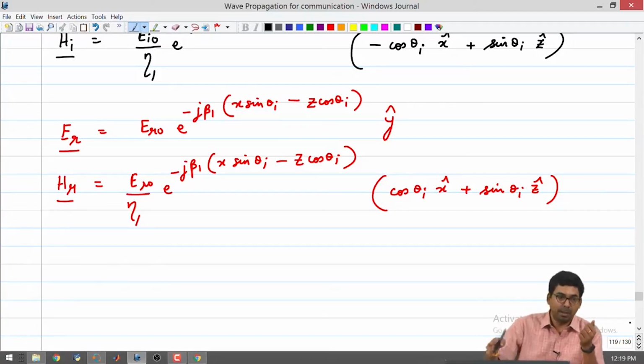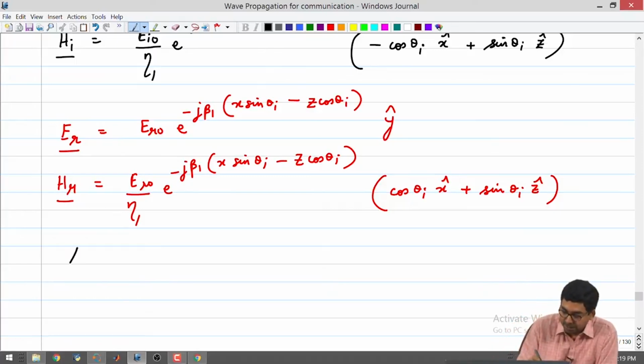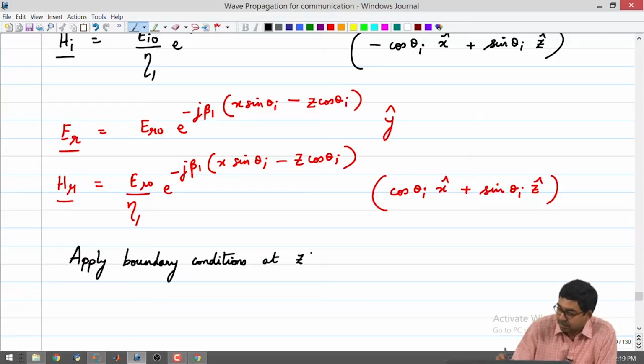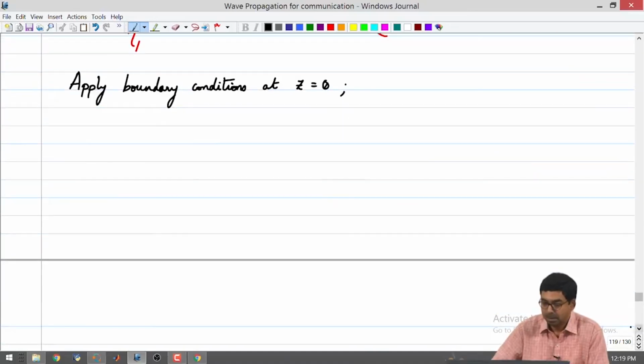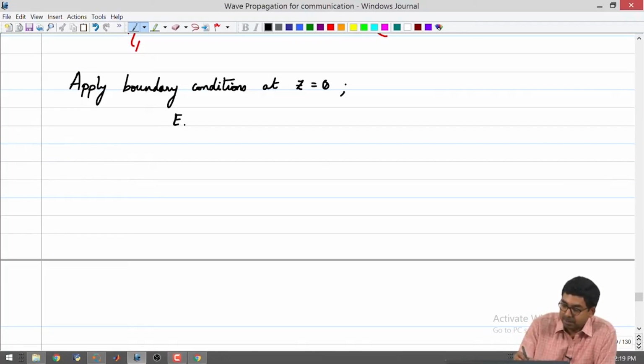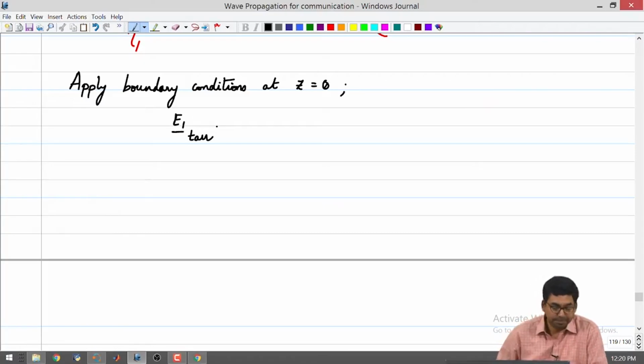So, you can get rid of some terms in your math, and then we can see what fields will add up, what fields will not add up, etc. So, the boundary conditions at z equal to 0. So, we apply boundary conditions at z equal to 0, tangential electric field, which is